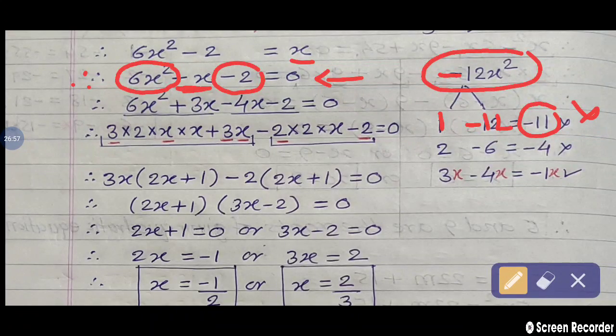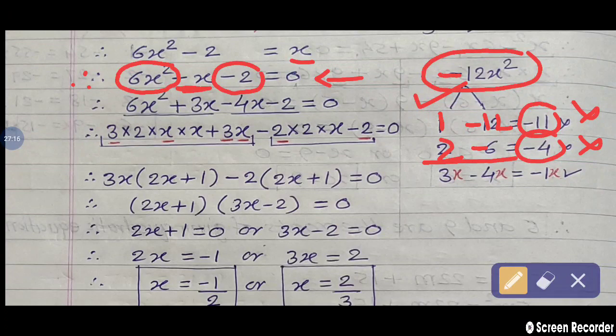Now 2. 12 is divisible by 2. Yes, 2 sixes are 12. Check here, the bigger number is 6, so give it the negative sign. So 2 minus 6. The answer is minus 4, that is the addition. 2 multiplied by minus 6, yes, the product is minus 12. But the sum is minus 4. So these are also not factors.